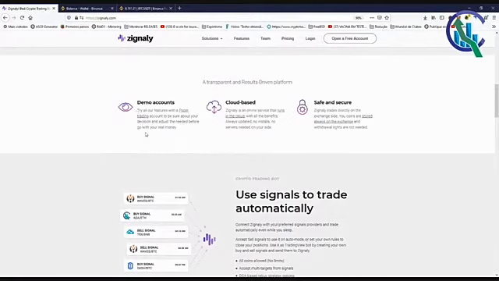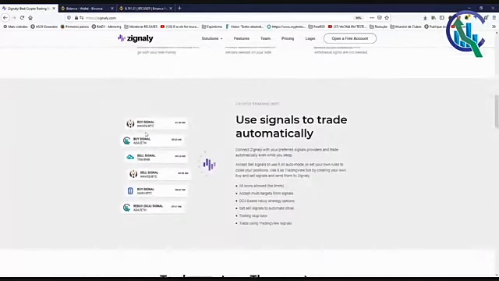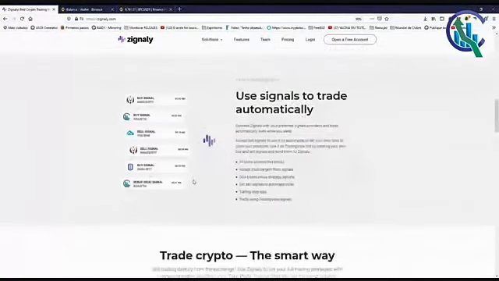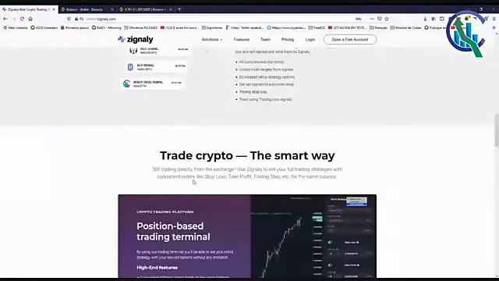They also support testnet, which is great. So you can trade on a real exchange, but with a test account. Not using real funds, but having a real communication with the exchange. And they support several signals, as you can see here, Mining Hamster, Crypto Quality Signals, and others. So you can also choose the best signals you want.